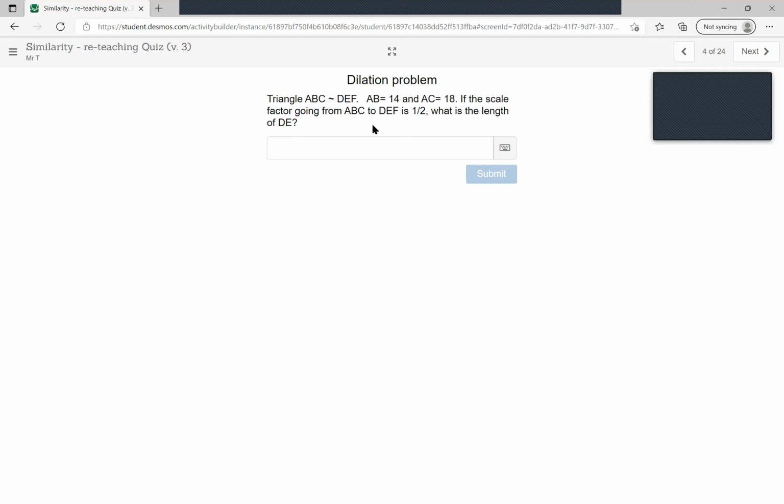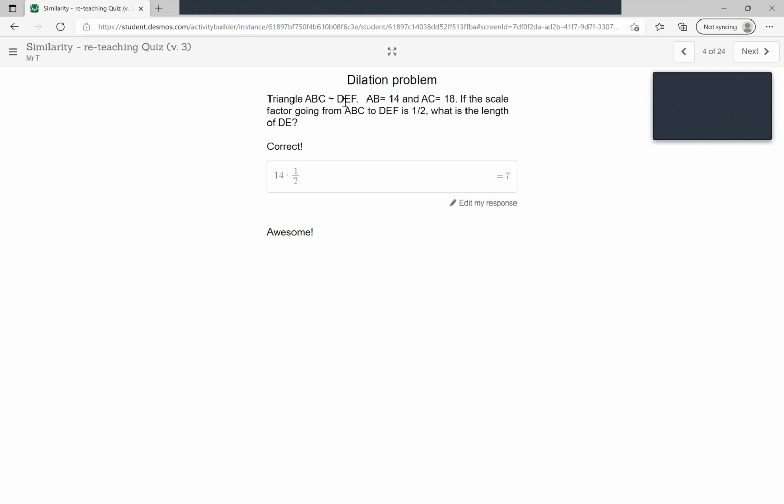So in my case, DE once again matches up to my AB, and I'm telling you the scale factor. So I don't necessarily need to set a proportion. I just need to know, well, 14 times 1/2, or divided by 2, is 7, and I got it right. Okay. I could set a proportion for that. You could draw it out to make sure. The main thing is that you know that